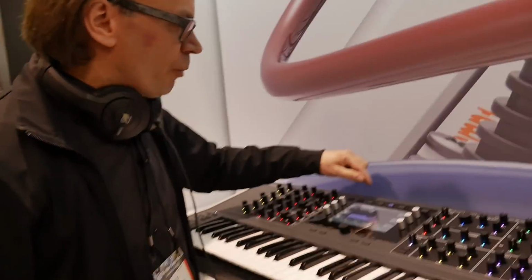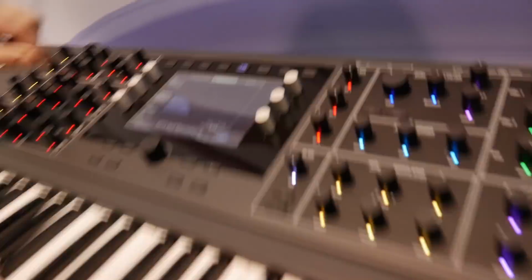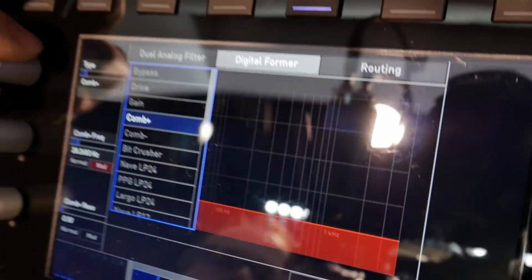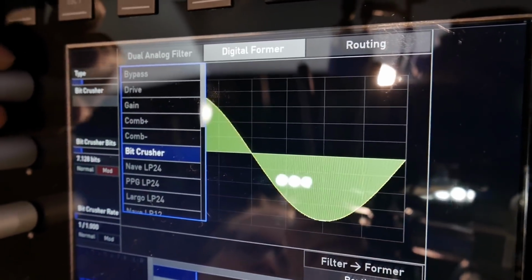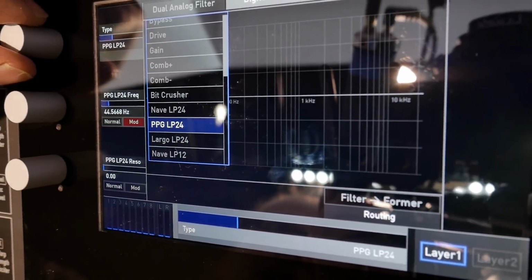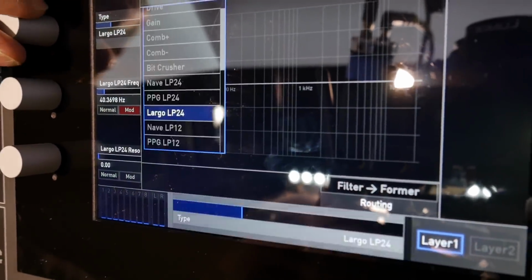But some people prefer digital filters, so we have digital filters as well. We have a whole list of digital filters, from comb filters to bit crushers. It's not a filter, but anyway. We have NAV filters, PPG from the PPG plugins, and from the Largo plugins, low pass, high pass, band pass,